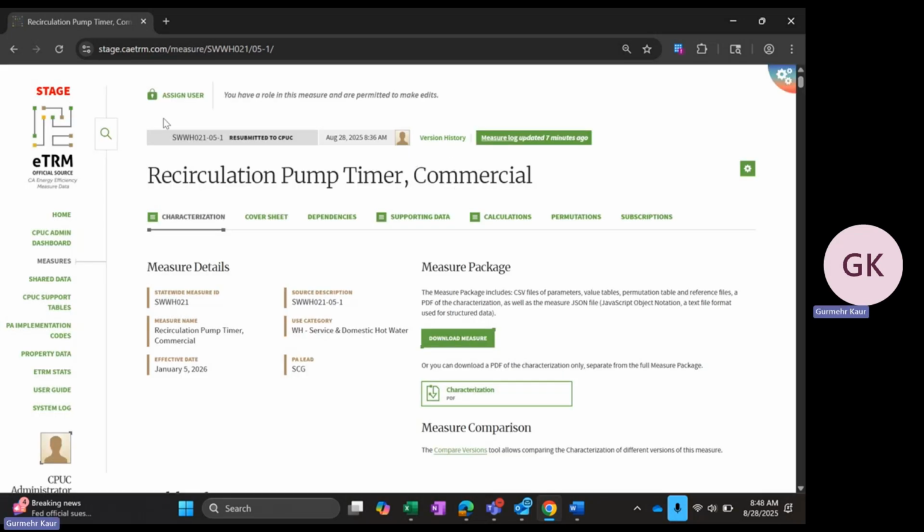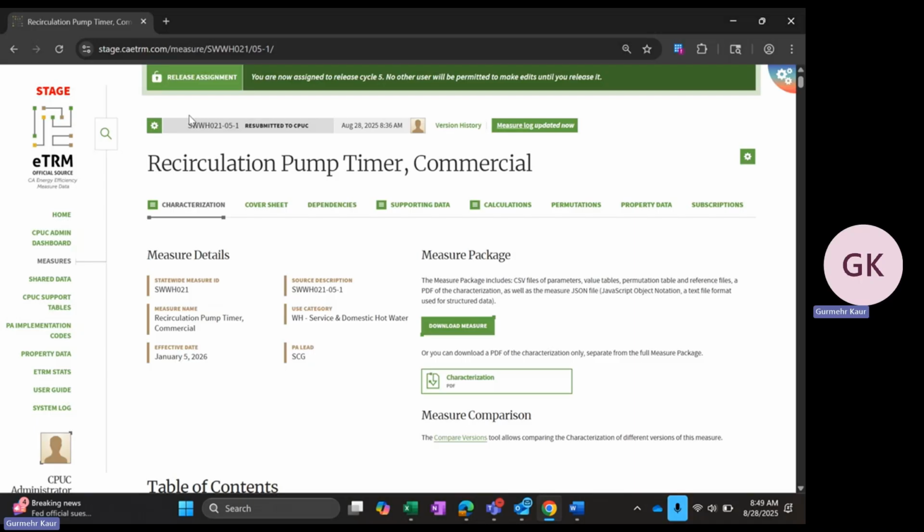At the top, there is a lock here with the words assign user next to it. This button will provide us with two options, one to assign yourself and the second to assign another user. I'm going to start by assigning myself to the measure. I'm going to click assign yourself under assign user, and it will now be assigning me to that specific release